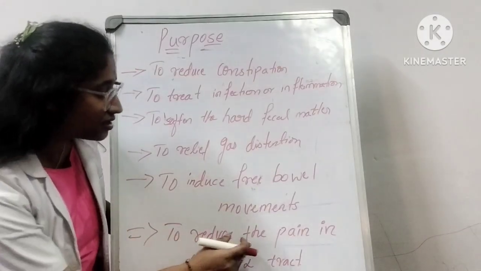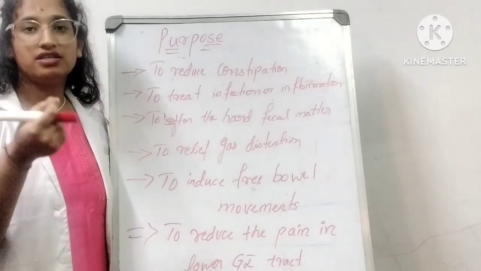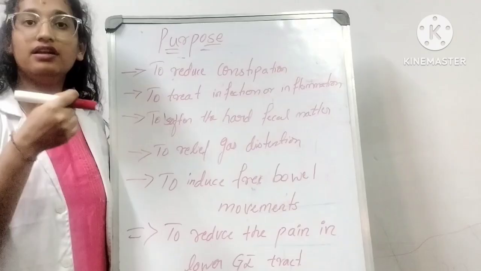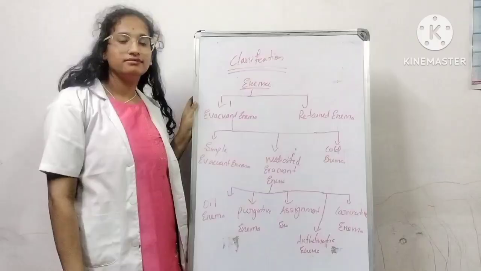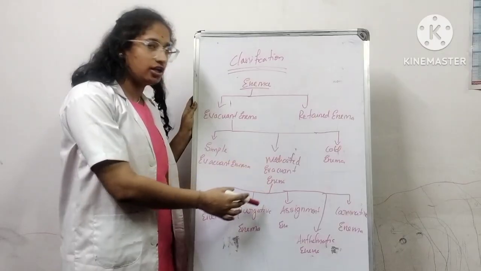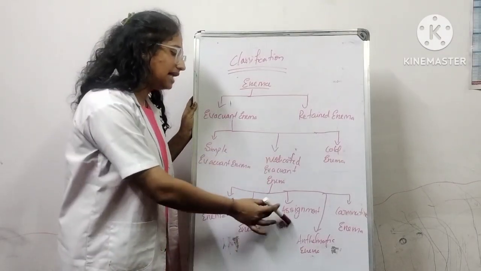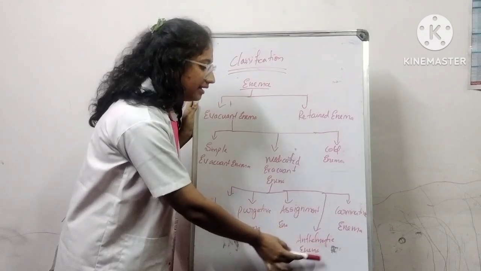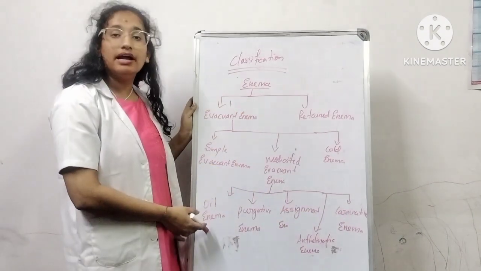Then, to reduce the pain. If there is any colon infection or inflammation, introducing enemas will reduce the pain and relieve temporary pain also. Medicated evacuant enemas are classified into five types: oil enema, purgative enema, astringent enema, anthelmintic enema and carminative enema. So, oil enema